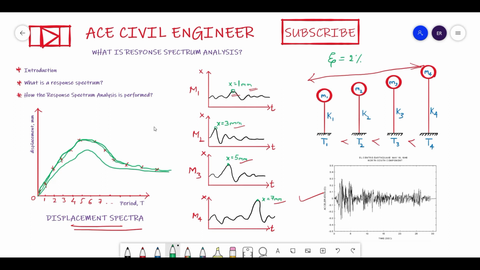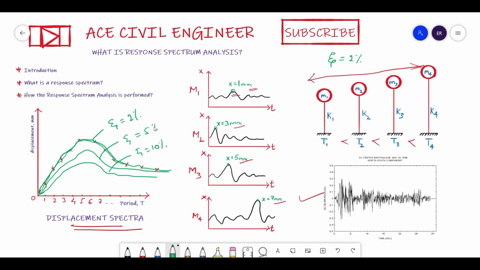Again, if you consider a higher damping by providing some dampers, or some friction dampers or viscous dampers, in such a case, if I increase the damping ratio to 10%, then the next curve would be something like this. So this curve is for damping ratio 2%, this curve is for damping ratio 5%, and this curve is for damping ratio 10%. So this is how the spectral response spectrum would differ with respect to the damping ratio.